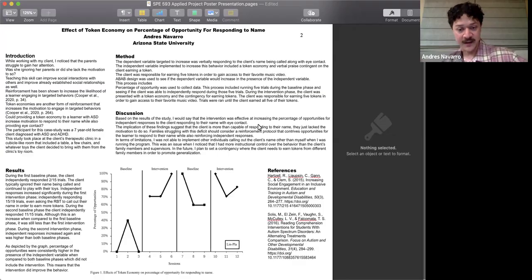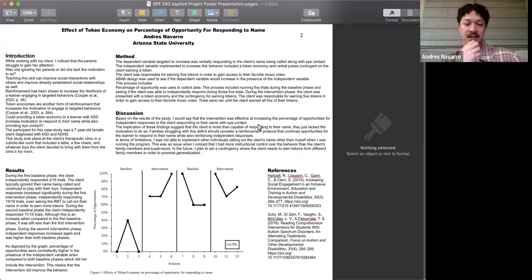During the second baseline phase, I was a little nervous because she got 5 out of 5 during the first session, but she was upset and she was anticipating reinforcement and she was upset because she didn't get reinforced for those independent responses. So her motivation to respond decreased, and you can see that in the graph. There was a little dip, and she only got 60% correct. As soon as I reintroduced the token economy again, it went back to 5 out of 5. There was a slight dip in the middle, but I think just everyone kind of has those days. And then if you see the next session, it continued to increase. So I thought that was really cool.